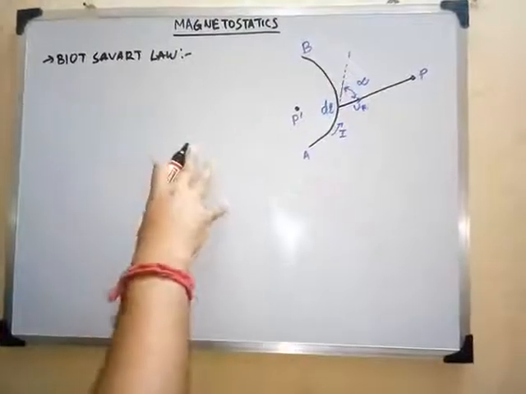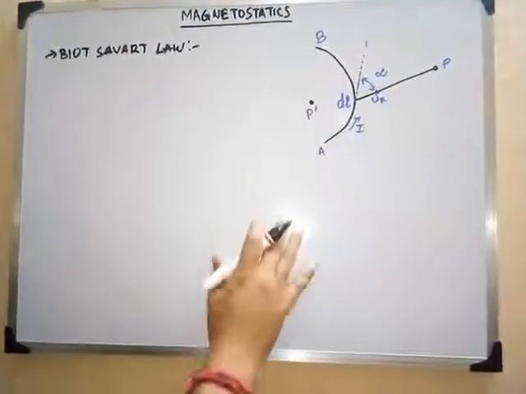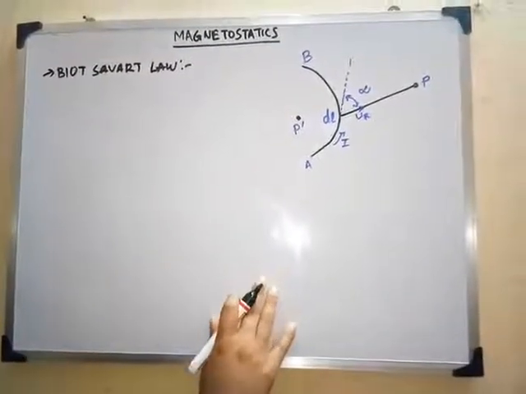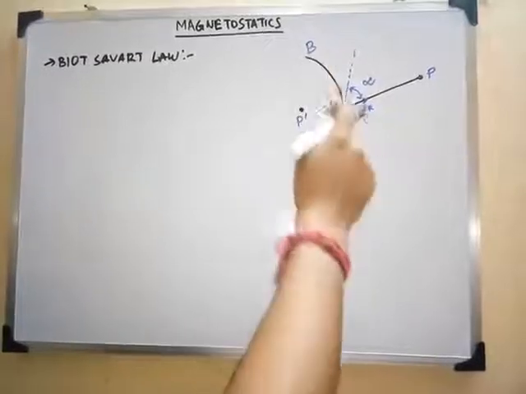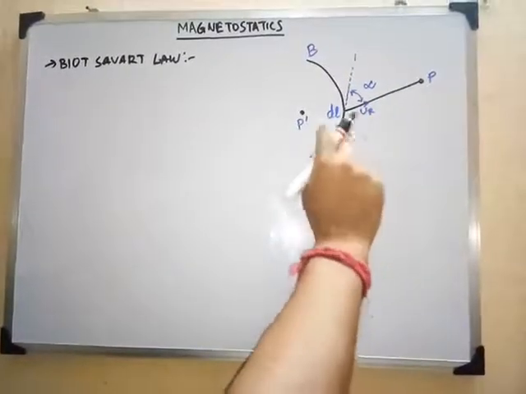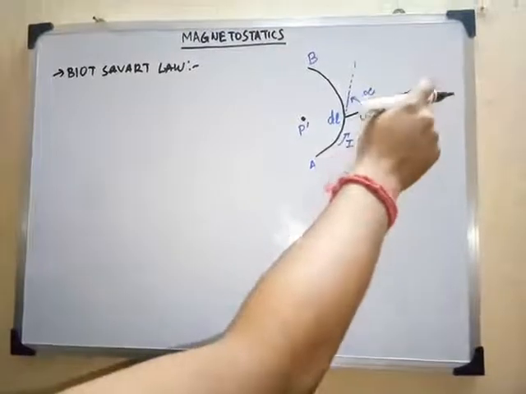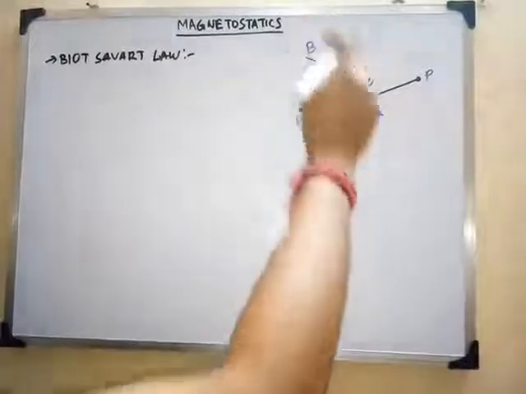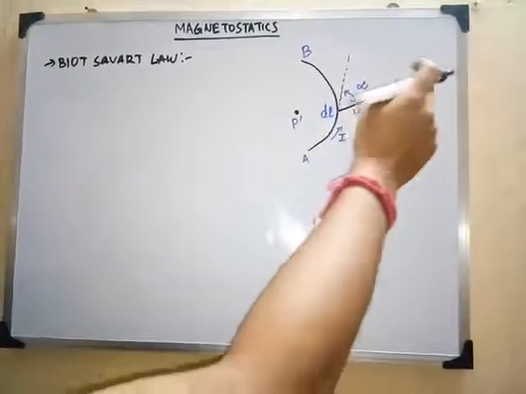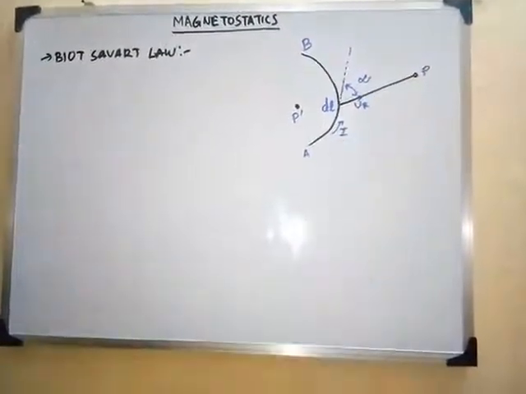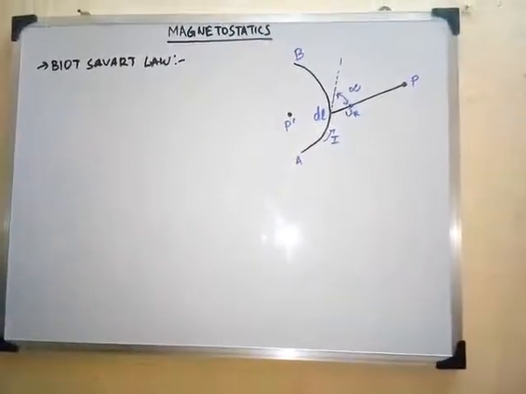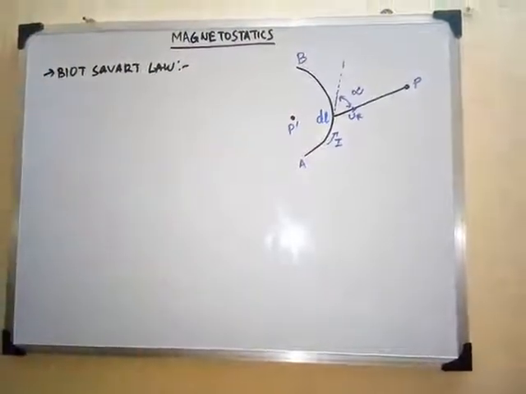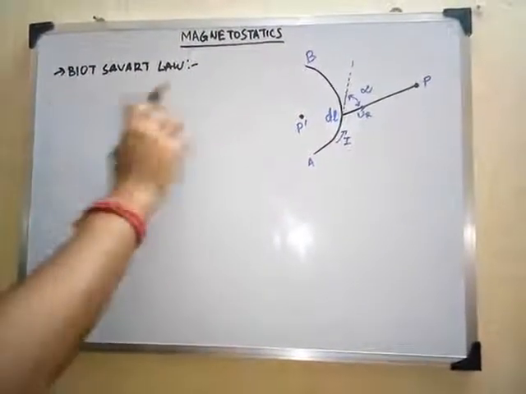As we know, if some current is passing through any conductor, some magnetic field will be produced, right? So we are going to find out, if from A to B some amount of current I is passing, what amount of magnetic field or magnetic field intensity is occurring due to this current, and we will calculate at the point P how much magnetic field intensity is arising due to this current which is passing from A to B. So let us have a small brief discussion of this Biot-Savart law.